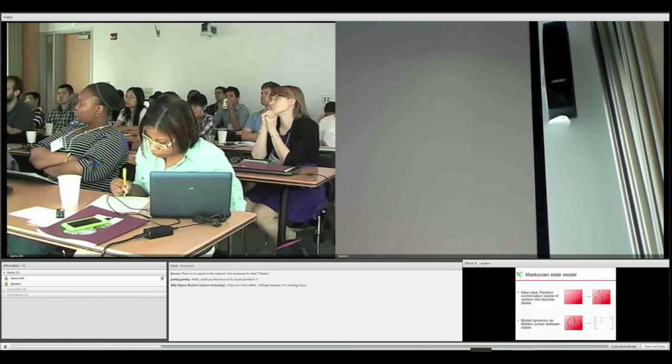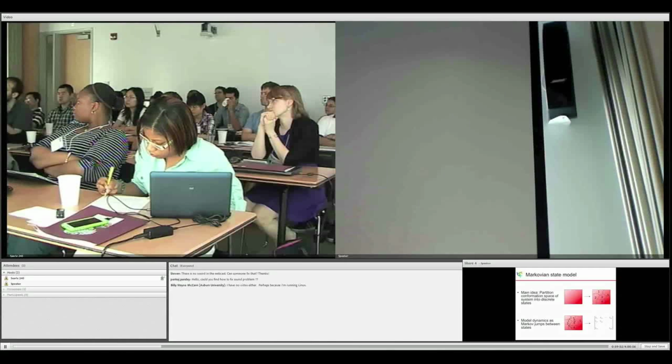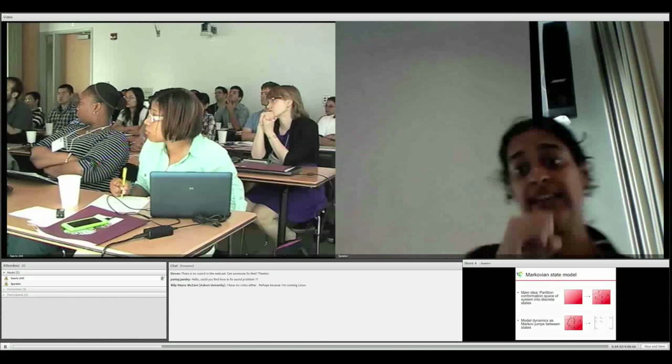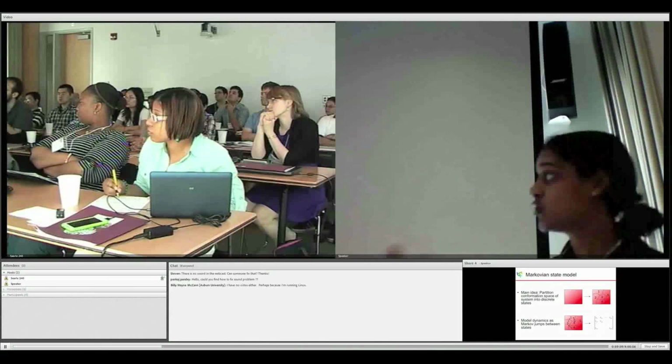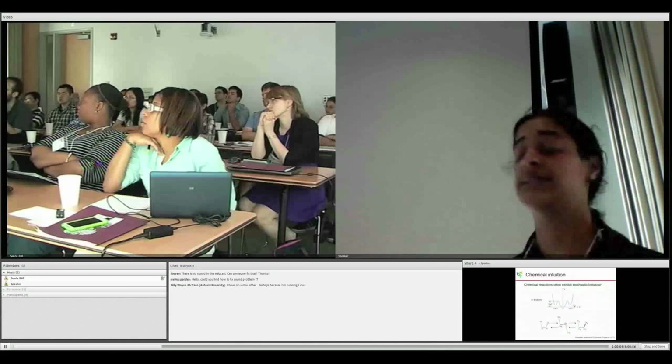So we're going to say for some discrete time, often called the lag time or transition time, if I'm in state 1 at time 0, what's the probability that I'm going to be in, for example, state 2 at time t? And that would be our transition probability t12, the probability of going to state 2 at time t, given we're